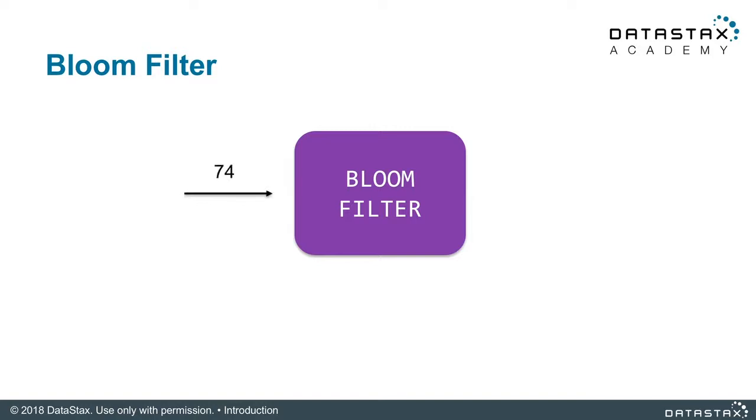Here comes another request, partition 74. Sometimes the Bloom filter can't tell whether data is actually there or if it's not there. So in that case, the Bloom filter reports, unknown. It could possibly be there. And then we go through the partition summary and the partition index. If this happens and that token's actually not present, that's called a false read. Ideally, we're not going through the partition summary and the partition index to go look for data that's not there, but sometimes you get these false positives. And you can tune this. If you're willing to trade off some space, memory that is, then you can get more accurate Bloom filters. Totally configurable, no big deal.